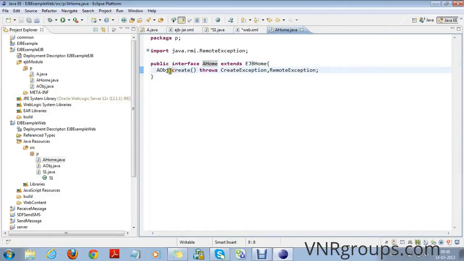This create method will return an object of EJBObject.